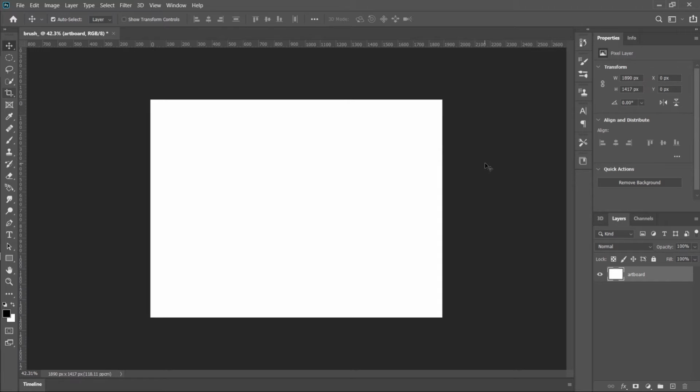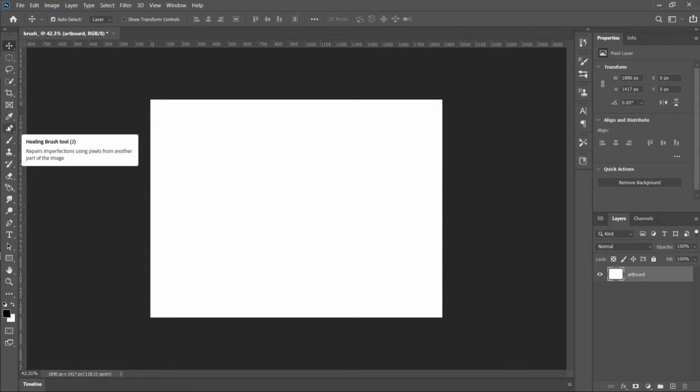Now you can find this brush tool in your toolbar on the left side. What you're looking at right now on the screen is a blank artboard loaded by me, in which we are going to look into several options and menus for the brush tool. Let's start. Just come over to the toolbar on your left side, and below,